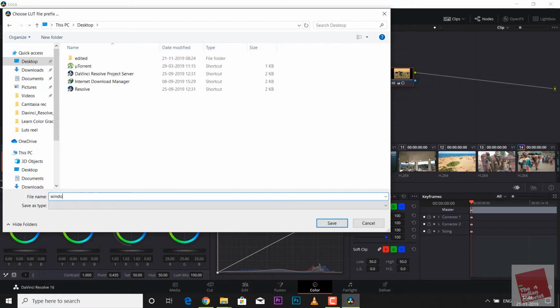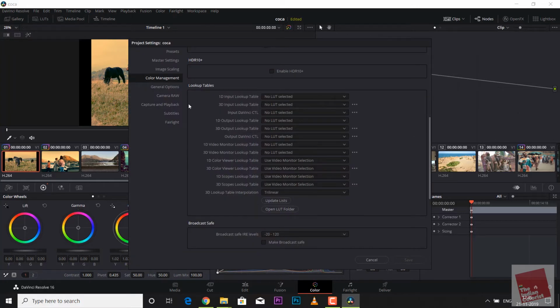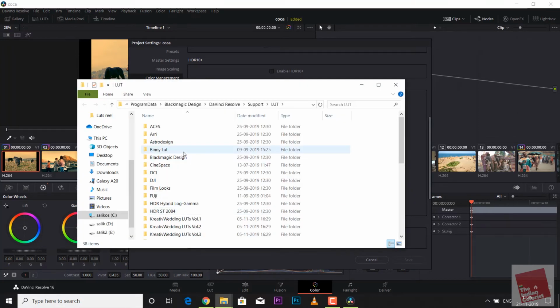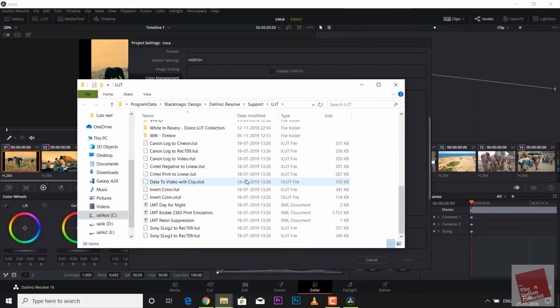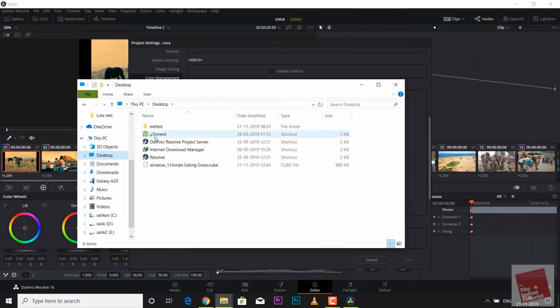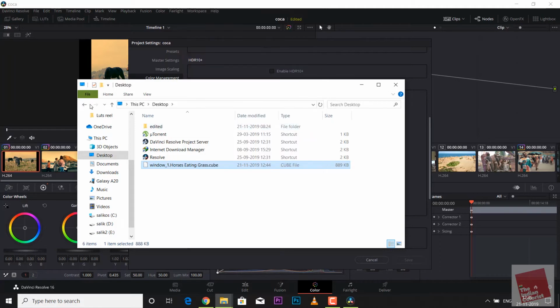Okay, now let's say that I sent this look to someone else who's using Resolve and they wanted to import it. What they would do is they would just go here to the settings, go to lookup tables, and they will go to open lookup tables folder. This will open a folder. Any lookup table that is saved inside this folder will automatically appear in Resolve. So if we go to desktop, we'll find this lookup table that we just created here. It's called Window. I'm going to drag this lookup table to this folder here,